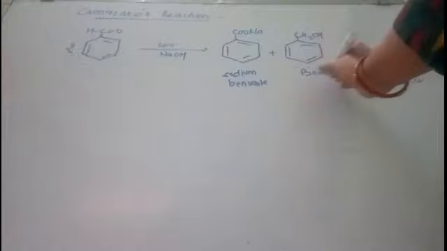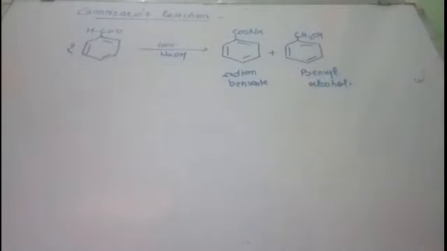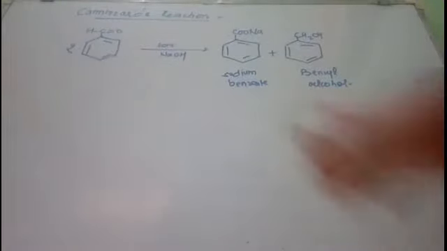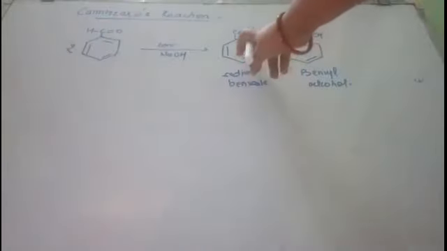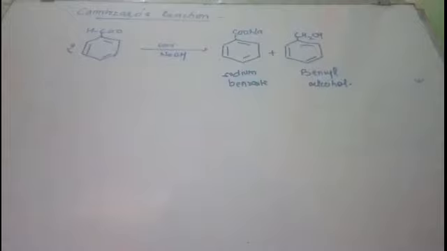So one acid molecule and one alcohol is formed. Sodium salt of acid and alcohol is formed, and the reaction is a disproportionation reaction. You know that aldehyde gets oxidized to carboxylic acid and it gets reduced to alcohol. So on oxidation it is giving sodium salt of acid, on reduction it is giving alcohol, and it undergoes both oxidation as well as reduction, that is disproportionation.